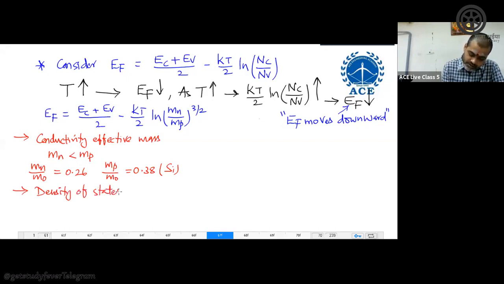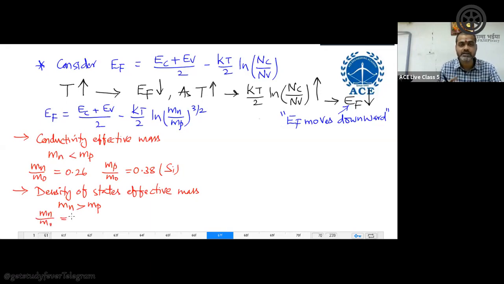Density of states effective mass. Okay, it is not the conductivity, it is what? Density of states. Then Mn will be greater than Mp. Okay, and again for silicon I will give the value. No need to remember these values, but you must understand, if I take density of states with respect